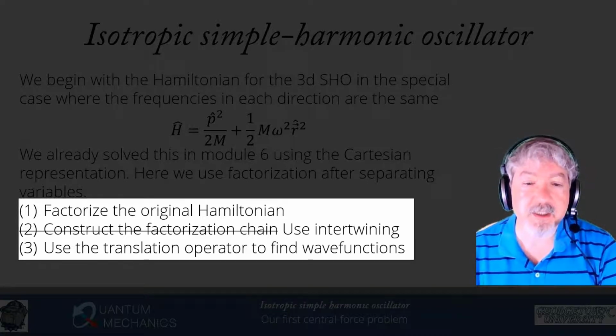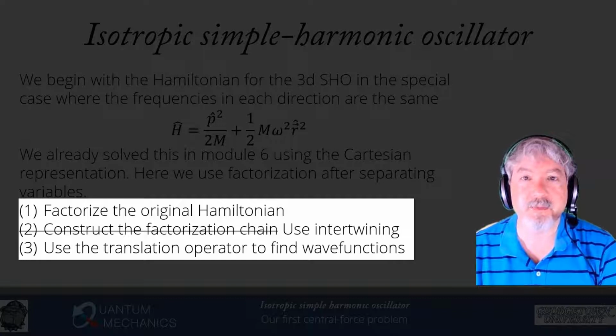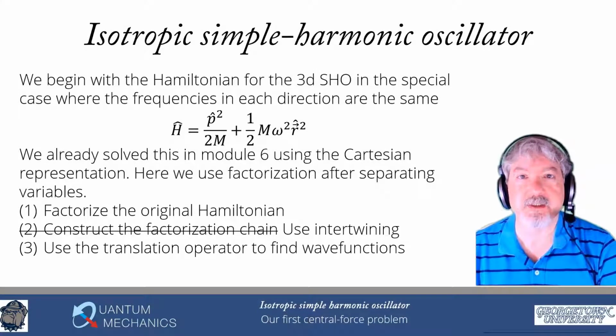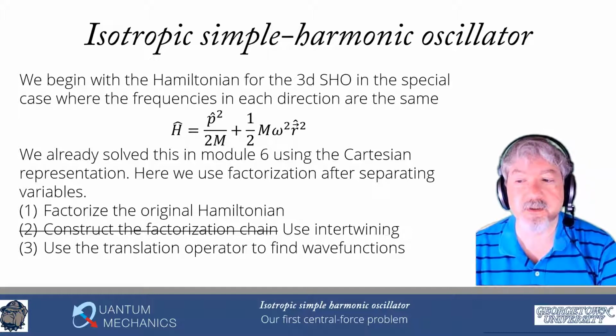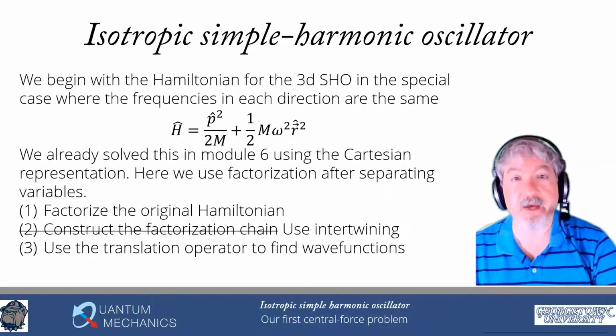We're actually going to modify step 2, and instead we're going to use intertwining, because that's going to allow us to solve all problems for all angular momentum at the same time. This shortcuts the complications that we have in working with the factorization method, and you're going to find it's a really nice shortcut, but you have to be aware that there are a couple of little tweaks with the way things work when we do this shortcut, and you have to make sure you're aware of that in order to understand properly how it works. I will be careful to point that out as we get to those places where you need to be careful about that.